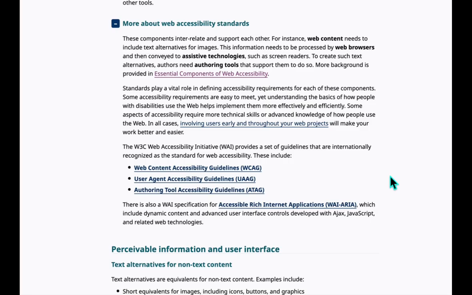So all the web components or elements that are not natively accessible can be made accessible using WAI-ARIA. Okay, so these are the different documents that are very important for accessibility. These are the different standards that we need to keep in mind when it comes to the core of accessibility